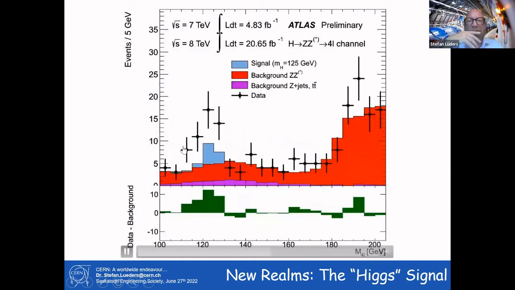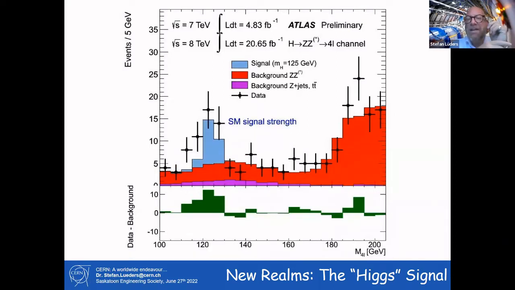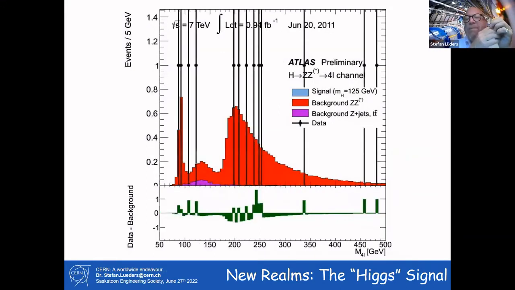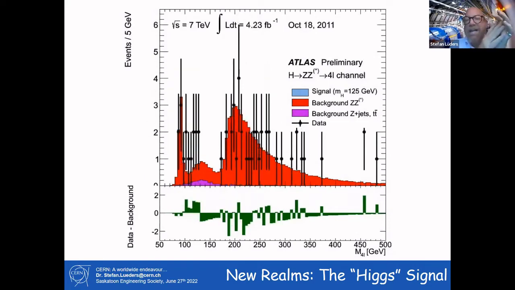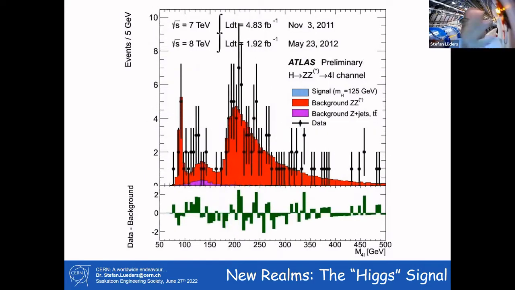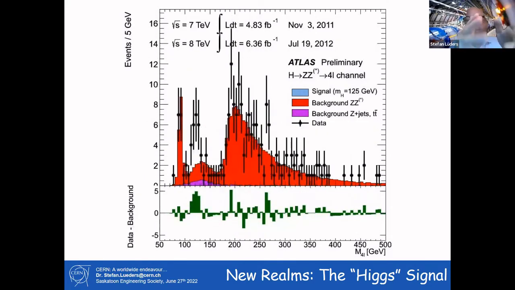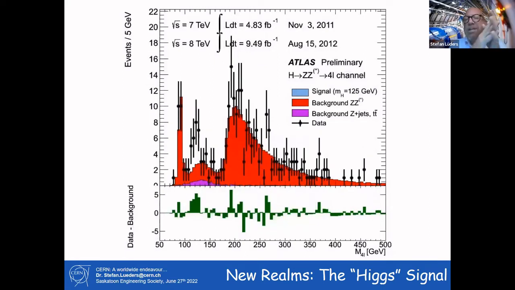Here we are. You see this hump, and this is a statistical significance of something which is sitting there. And this is the statistical significance that the Standard Model is missing a particle. And this Standard Model is only working if you now add a particle called the Higgs particle. And if you now add the blue and the red together, you can describe again the black dots, which means that there must be a particle which we call the Higgs, which has a mass of 125 GeV to fit the measurement. So this is the measurement of the Higgs particle.